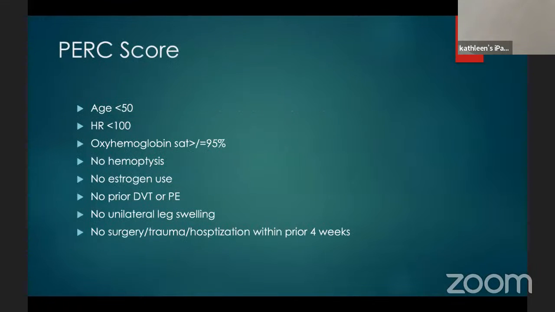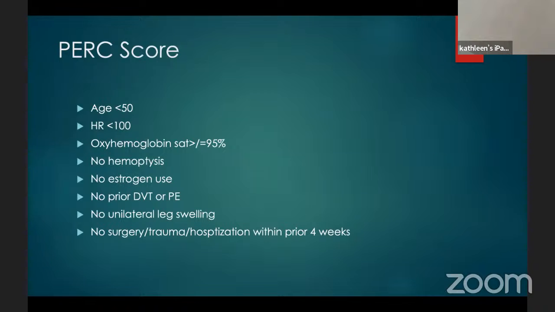And some people also, and I've seen them use this in the emergency department, it's not universally used, use something called the PERC rule or the PERC score. And this is the pulmonary embolism rule-out criteria. So this rule is only valid in patients with a low clinical probability of PE. So you calculate the Wells score, you have a low probability, you then go to the PERC rule.